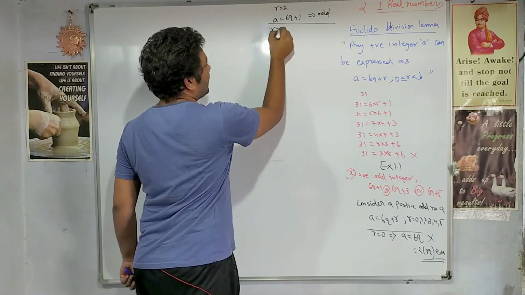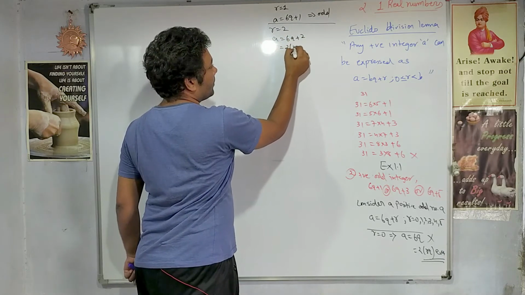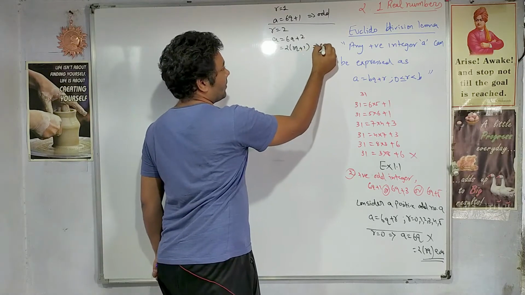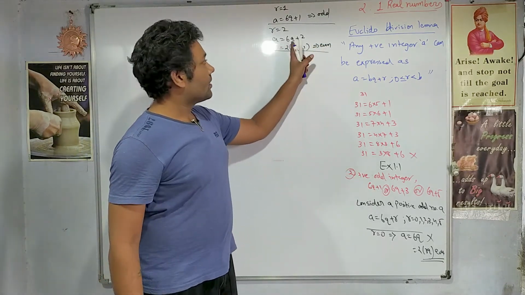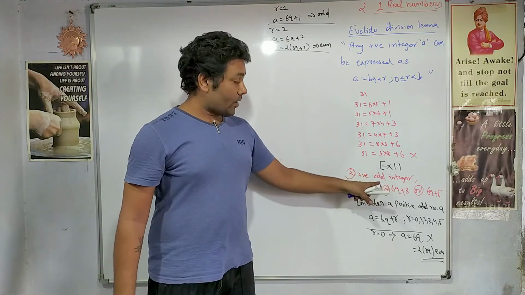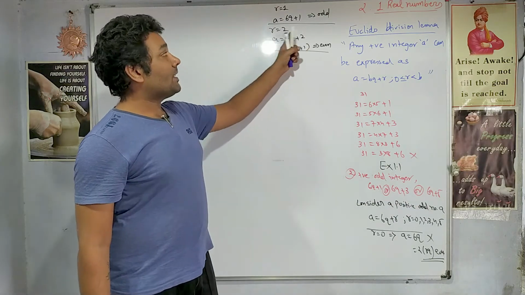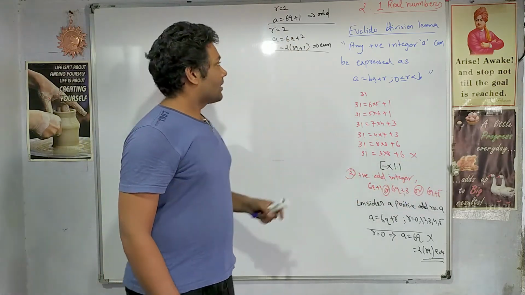Now if we take r equal to 2, it is 6q plus 2, which is 2 times (3q plus 1), a multiple of 2, so it is an even number. Again, see, in the question this is not there. The question says odd integers are in this format. So this is obviously not an odd integer, hence it does not fall in this category.